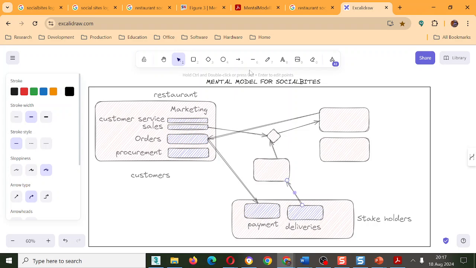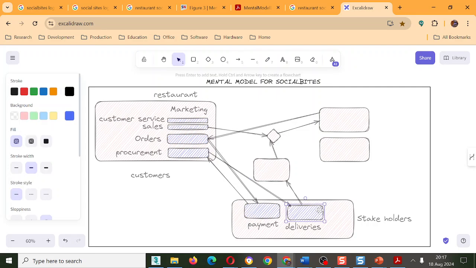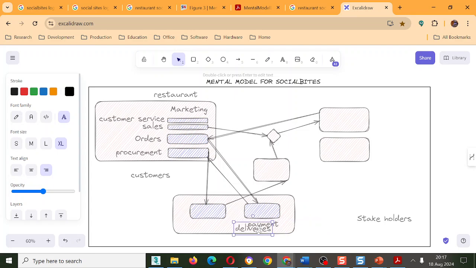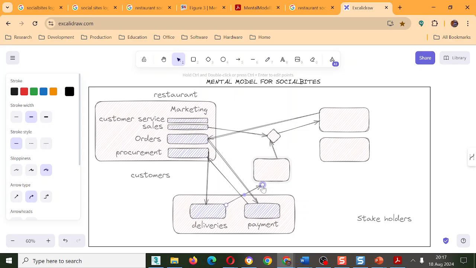And we can argue that when payments are done, you see there's a two-way connection. When this is done, this is known by procurement. And then procurement is going to now place an order out to deliveries. So this might be better off out here. So I put this like so. And then I have deliveries here. So this is how you design, so that you come out with a diagram that at least looks understandable to the client. You can explain this to the client.